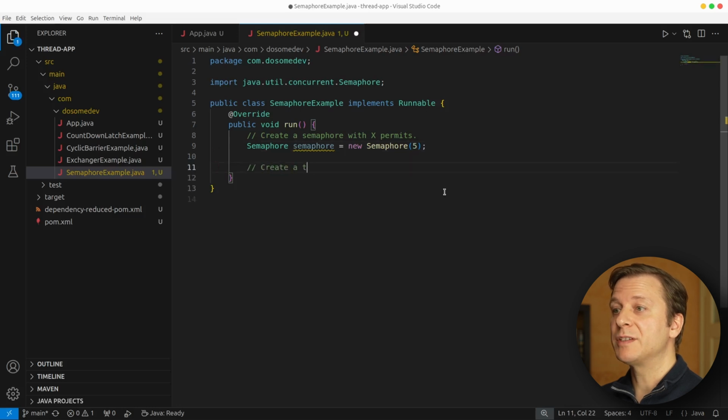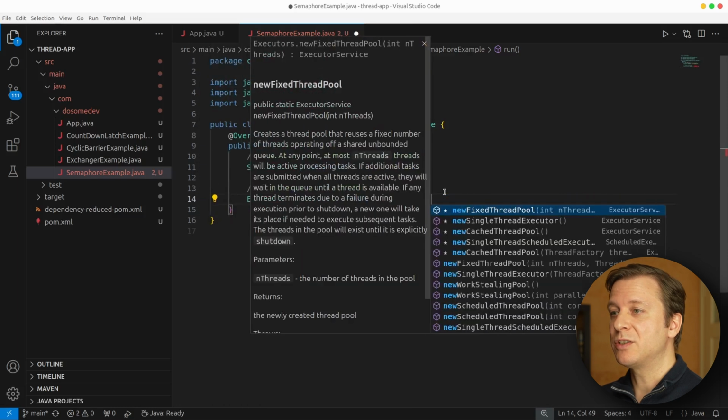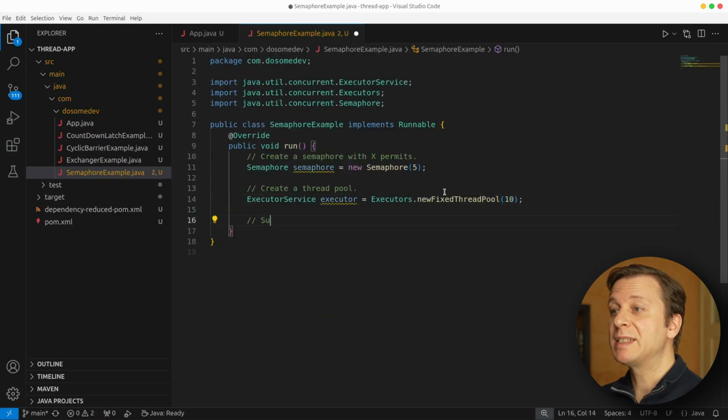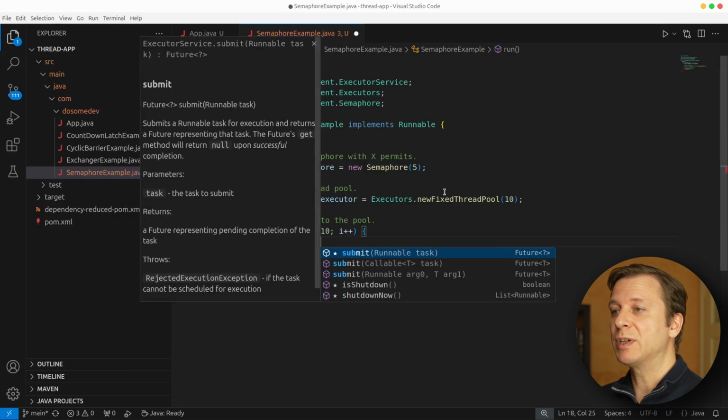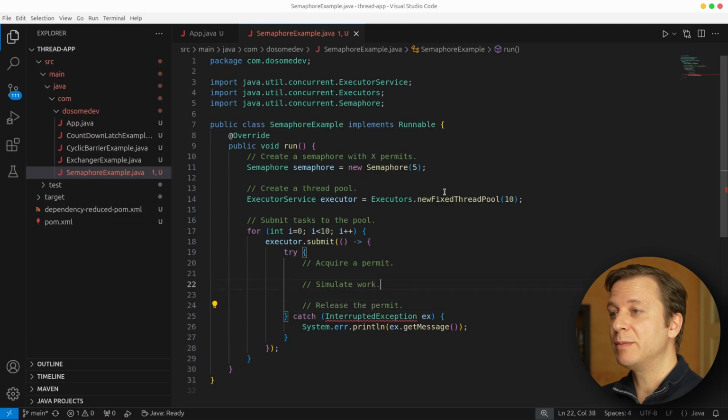After that we create ourselves a new thread pool using the executor service, which we set to 10. Now we want to submit tasks to the pool. For that we create ourselves a new for loop running from 0 to 9, so that we create 10 submits to the executor. And in every iteration we tell the thread to request a work permit from the semaphore using